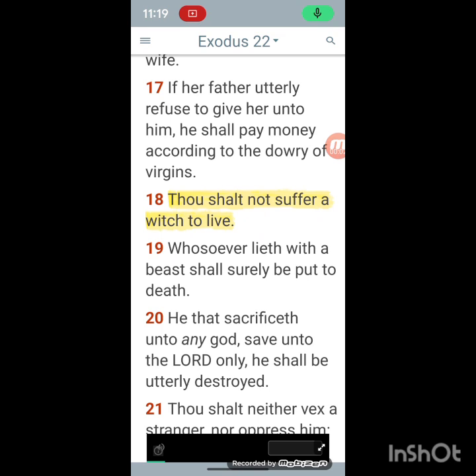This is the book of Exodus, chapter 22, verse 18, and it reads, "Thou shalt not suffer a witch to live." Giving all praises, glory, and honor to Yahweh, Bahashem, Yahweh Shai, Bahashem, Rahakakwadash.